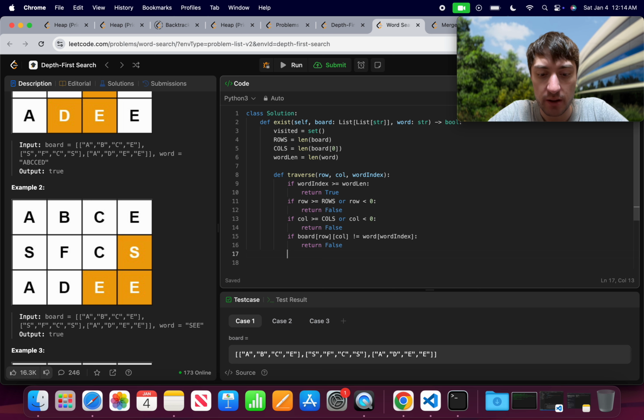How do I want to do that? Visited.add. Now what do I want to add? Maybe like a tuple of row column, something like that. Okay. So now